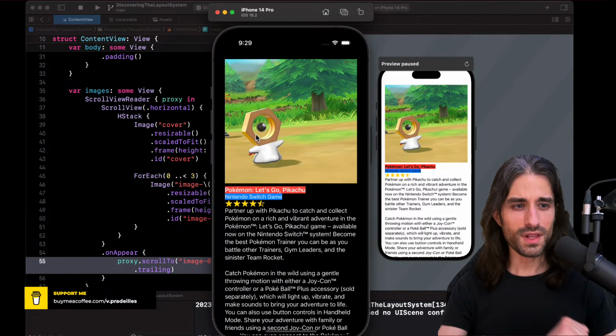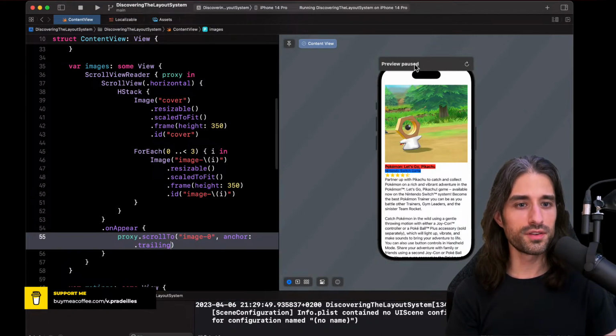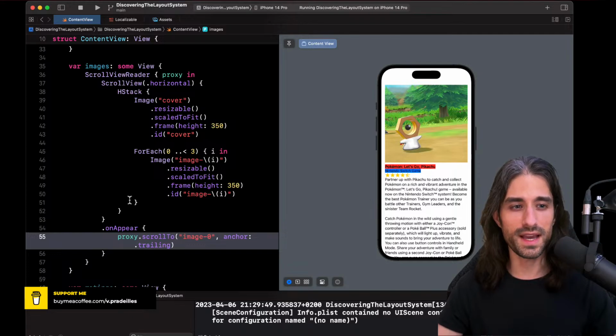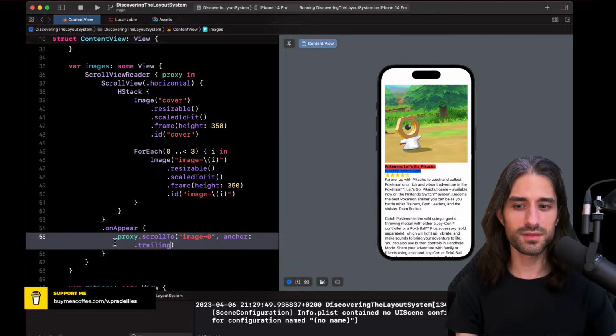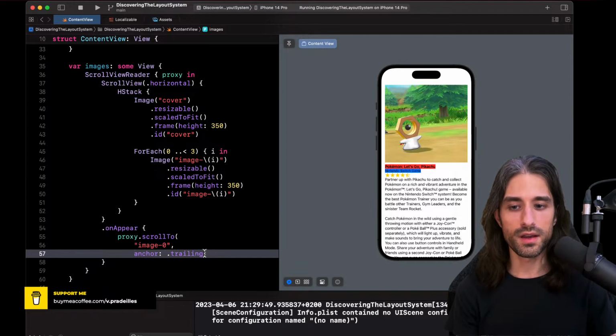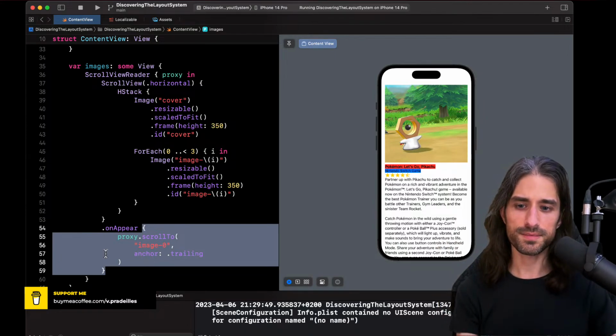Okay, actually, this is absolutely normal. What happened is because I said it should scroll so that the trailing edge is visible. At no point did I say that this scrolling should be animated. So by default, it's not. But anything you write inside the closure you pass to the onAppear modifier is a side effect, because it will be executed and it will produce an effect.